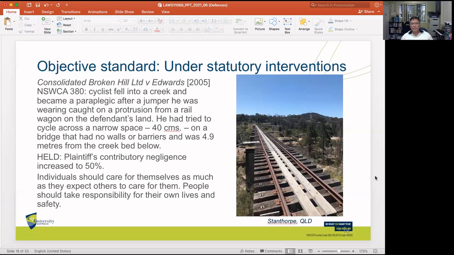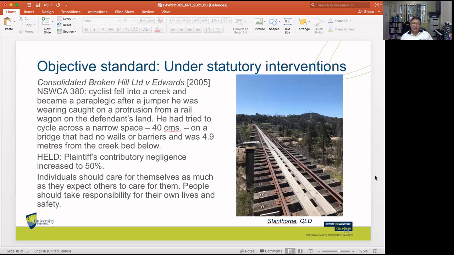It happens a lot, right? So in this particular case, it was clear that the defendant was also negligent because it could have taken steps to avoid anyone from using that part of the railroad tracks. So it was negligent, but the defendant was saying that the plaintiff himself contributed to the harm by his own negligence. So in that particular case, the court found that the plaintiff was in fact negligent, and they